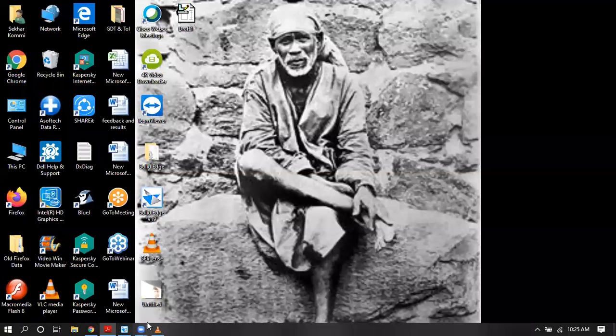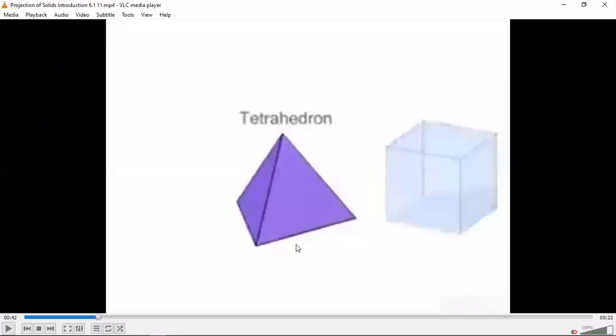What is a tetrahedron? A tetrahedron has a base that is an equilateral triangle, and the other faces are also equilateral triangles. In the other pyramids, the slant triangular face is not an equilateral triangle. It is an isosceles triangle in the case of a pentagonal pyramid, hexagonal pyramid, triangular pyramid or square pyramid, whatever you take. The slant triangular faces are called isosceles triangles. Whereas in the case of a tetrahedron, the slant triangular face is also an equilateral triangle, and the base is also an equilateral triangle. So it has four equilateral triangles.